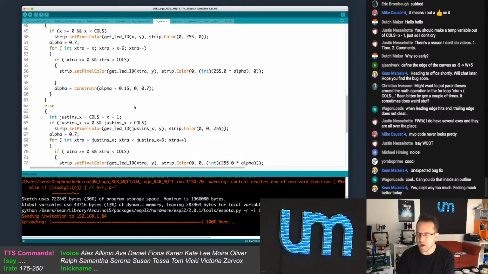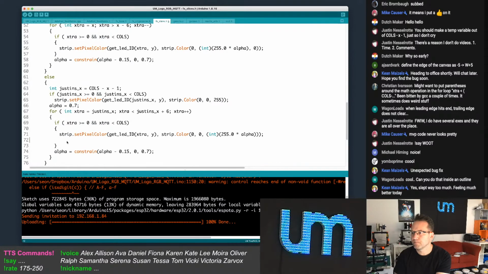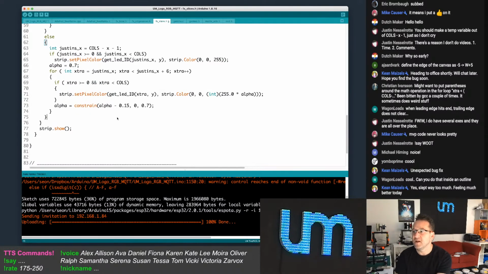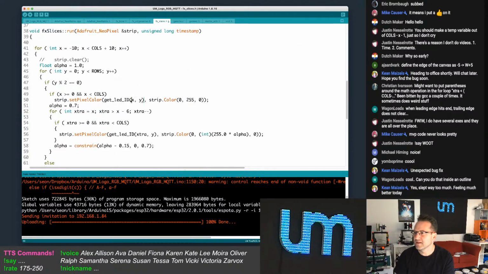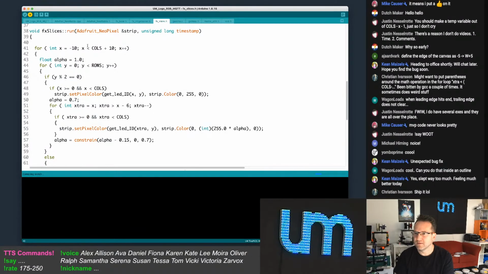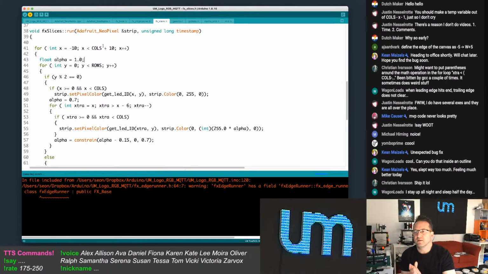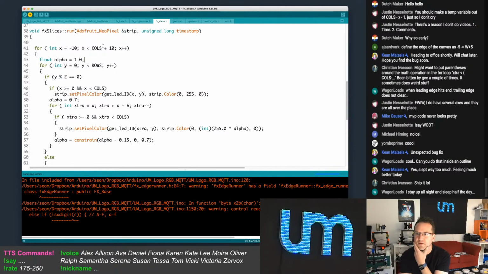I am going to call this finished. I'm going to put it back together, recompile, off you go. Yeah, I didn't think that was going to work. I just want it faster. I want to make the trails longer and make it move twice as fast.